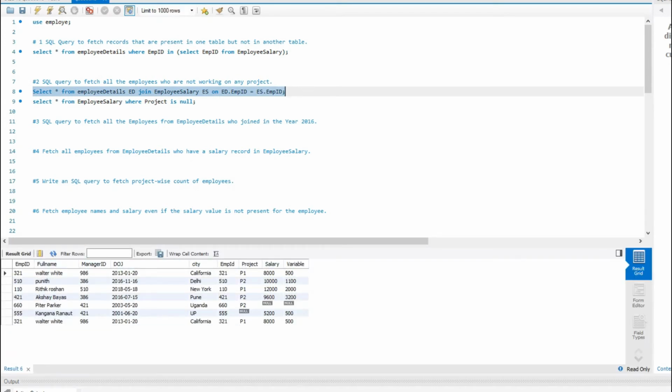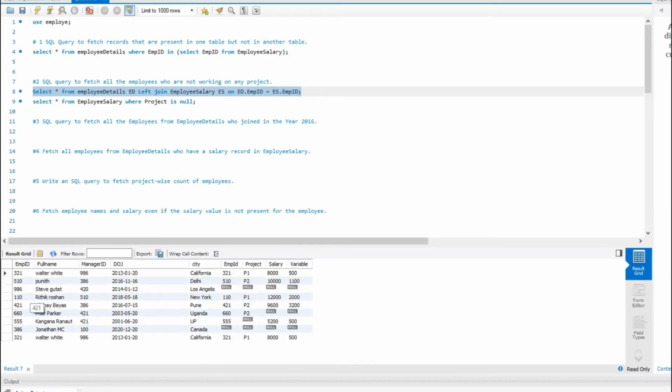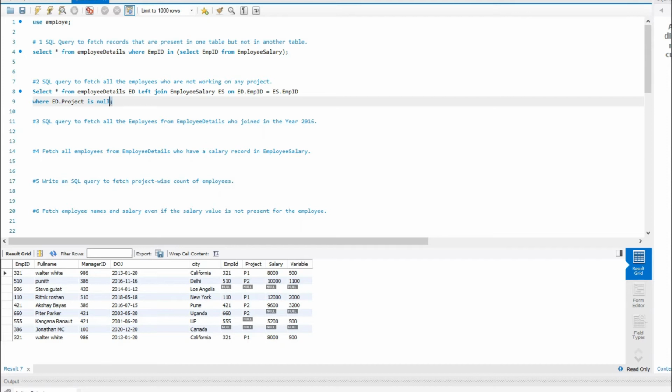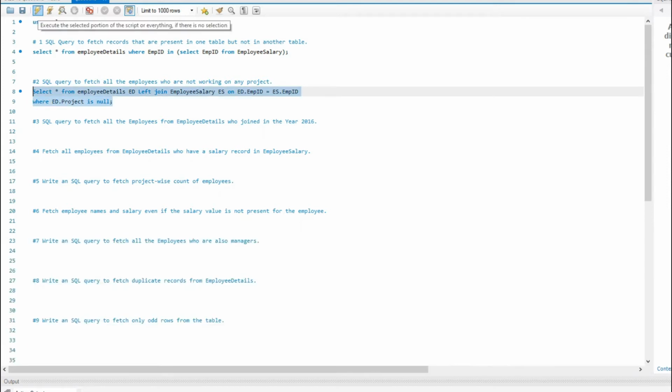We get the final output of the join. This is a left join. Let me specify the left join over here, and here we go. We have the entire data set with us. Now we will put our condition where simply we will remove this and apply our where condition where ed dot project is null. So if we run this,